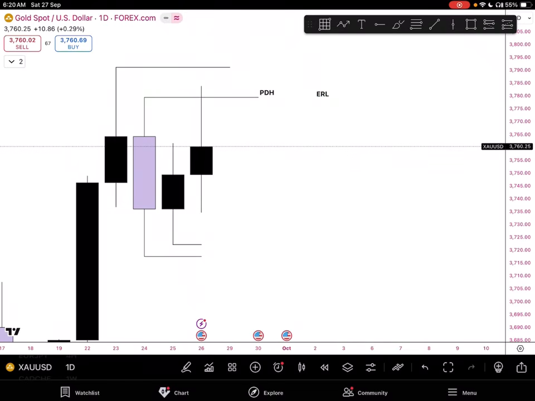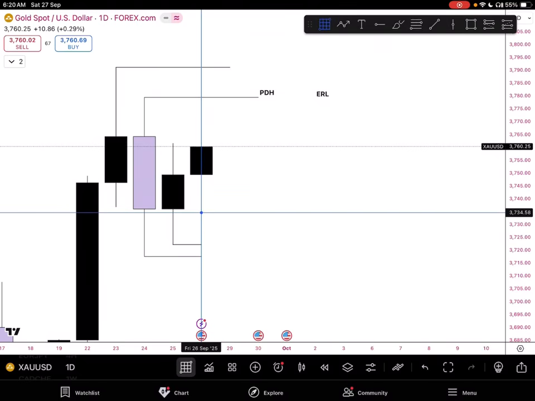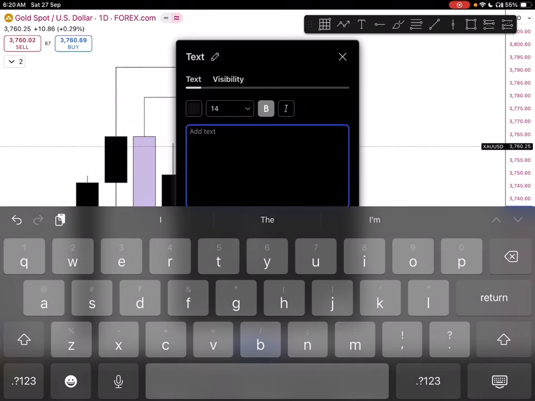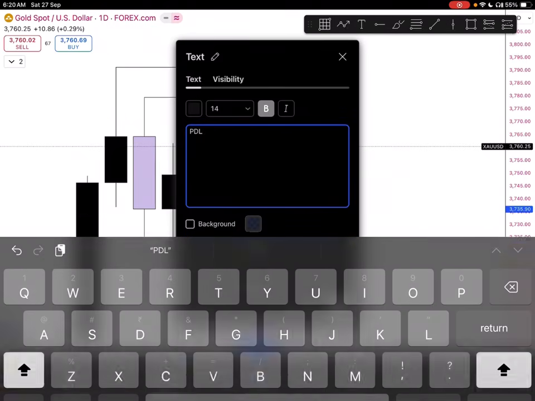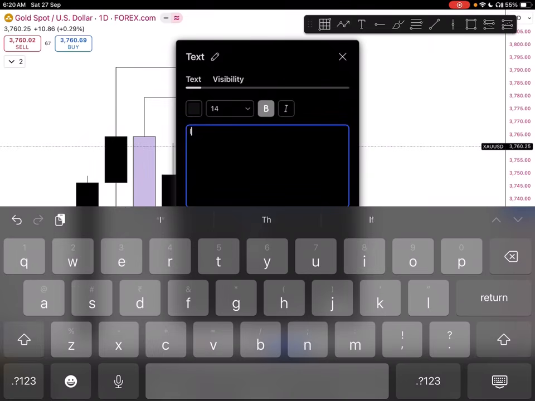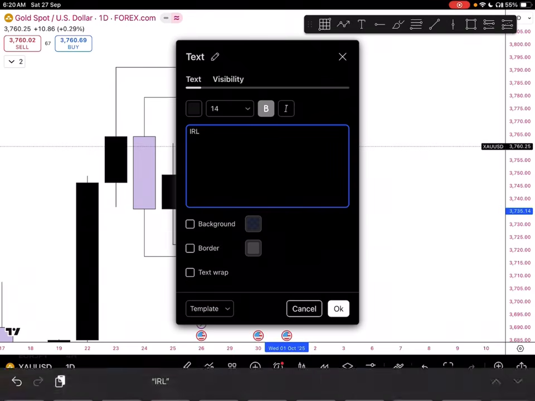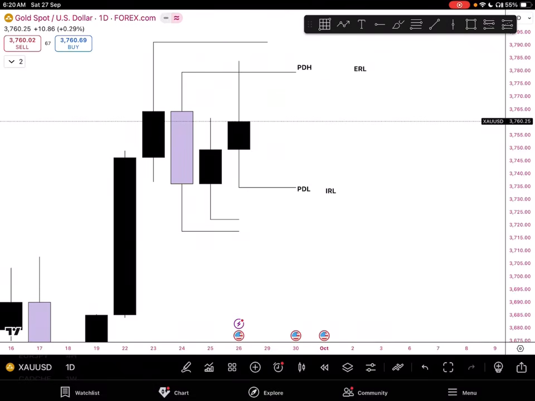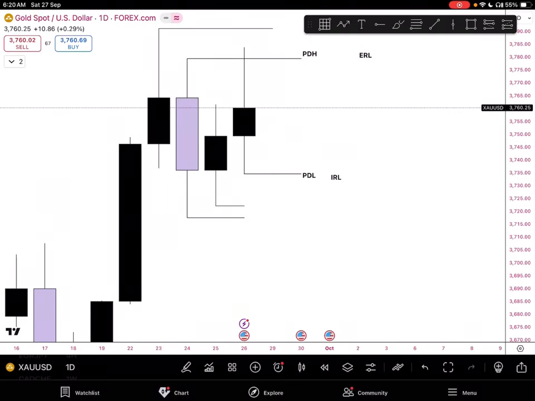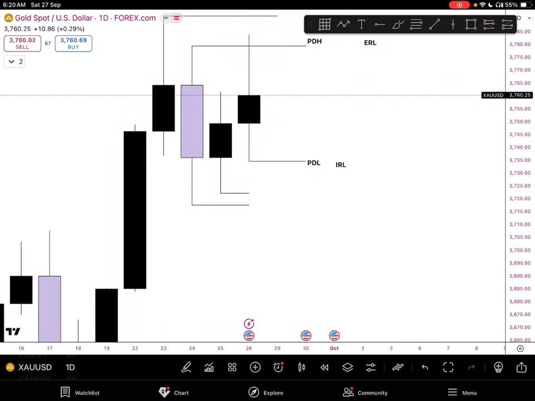So now what is the target? Internal range liquidity. What is internal range liquidity? This is previous day low. Previous day low. So that is what we call internal range liquidity. Don't consider this as external range liquidity. This is the lesson I taught you. Don't confuse internal range liquidity and external range liquidity. These all,